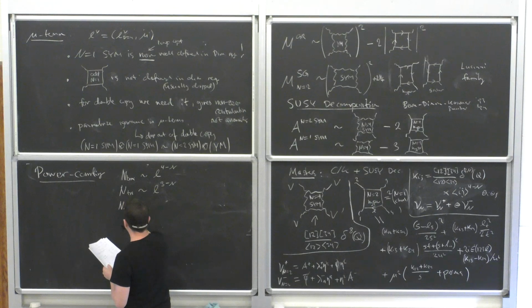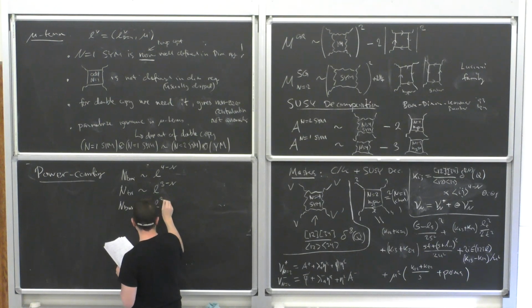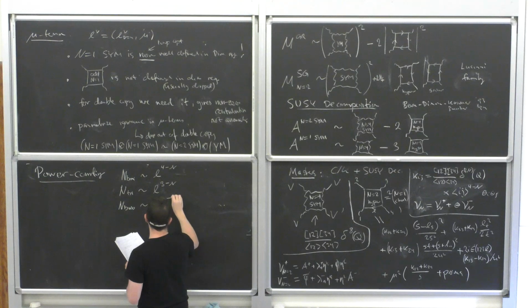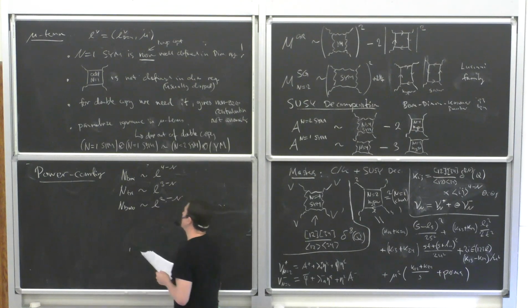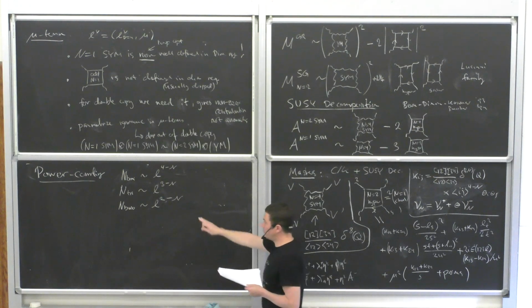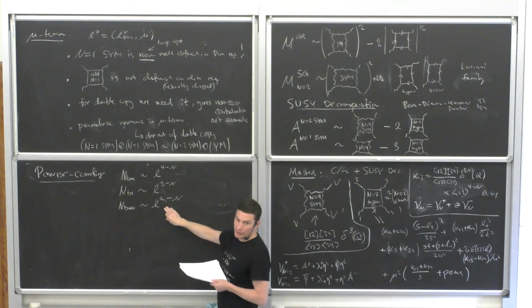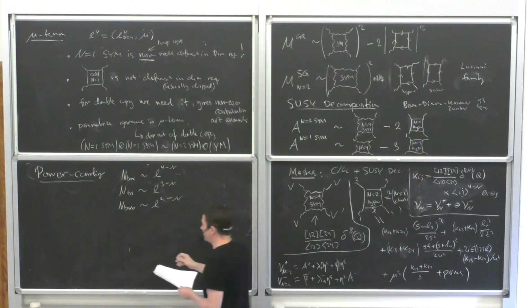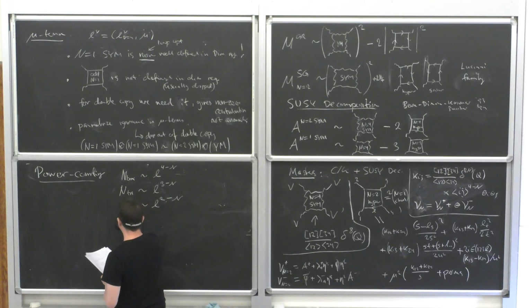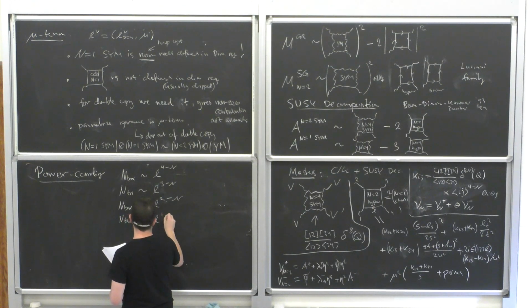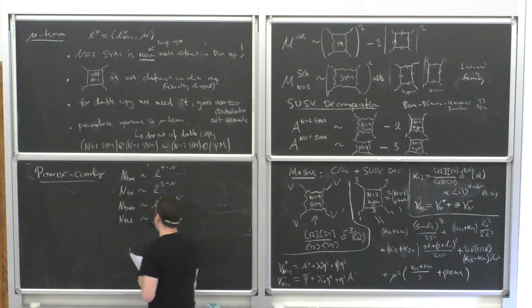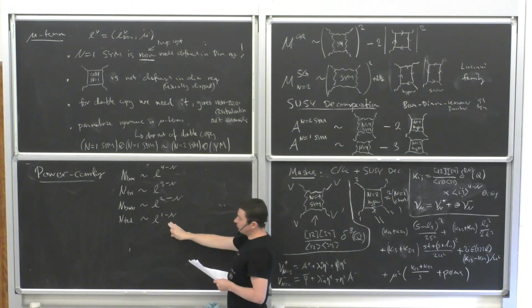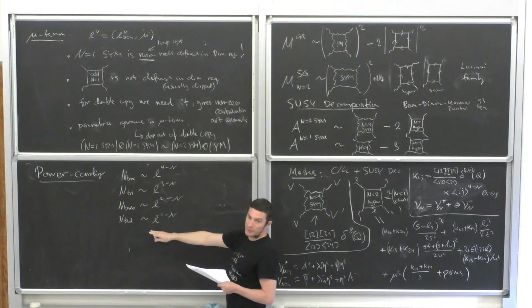And the same thing if I do a bubble, I'm going to say that I'm allowing 2 powers minus the number of supersymmetries. So in particular, if I do N=2 super Yang-Mills, all my bubbles are going to have no loop momentum in the numerator. And I can continue that. I can also do tadpoles. Tadpoles will have 1 power minus N. So that means that in N=2 super Yang-Mills, I don't expect to have tadpoles.